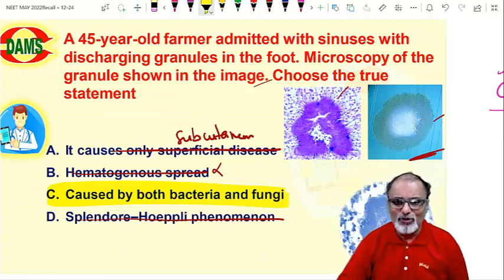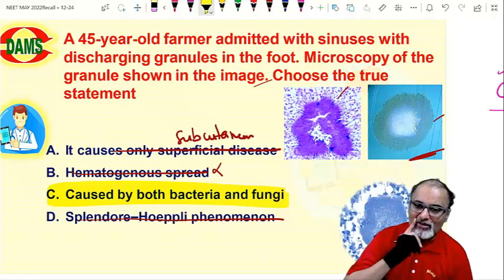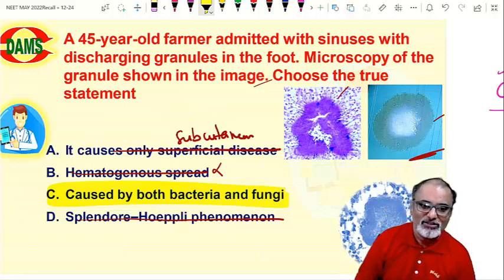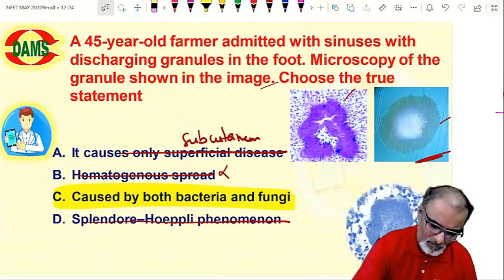So black and white in fungus, yellow is seen in bacterial mycetoma. So it's a very easy question. I don't know which picture, don't worry. Next is,